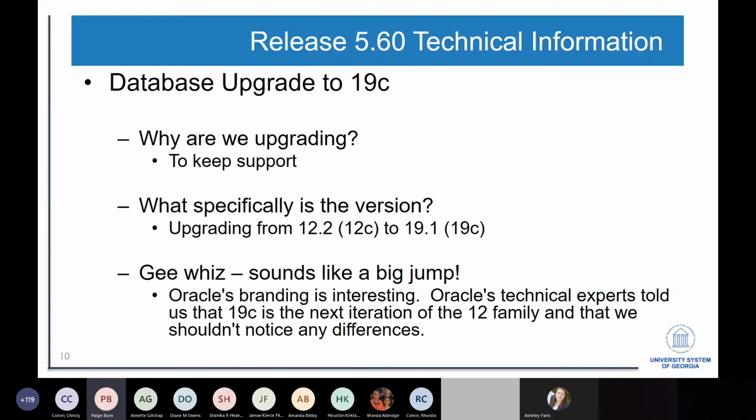There was no 13, 14, 15, 16, 17. There was an 18, but we won't go there. All to say, this is not a risky jump by any stretch of the imagination. But one thing that you need to be made aware of, next slide, please,